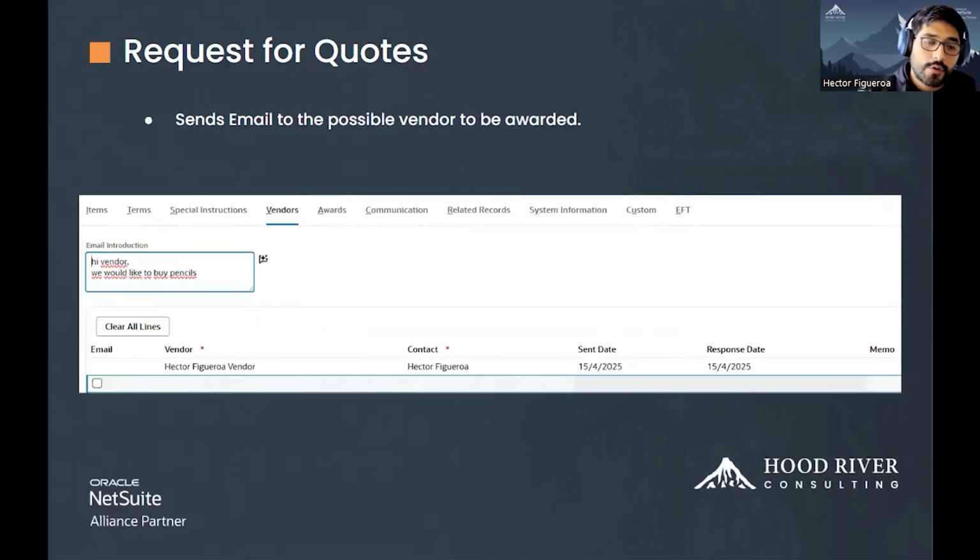In this part, we can also send an email to our vendors, greeting them and giving some information regarding the terms, the special instructions, what we are specifically trying to buy, and any other information that we would like to add. In this list, we're going to select all the vendors that we want to be bidding for this